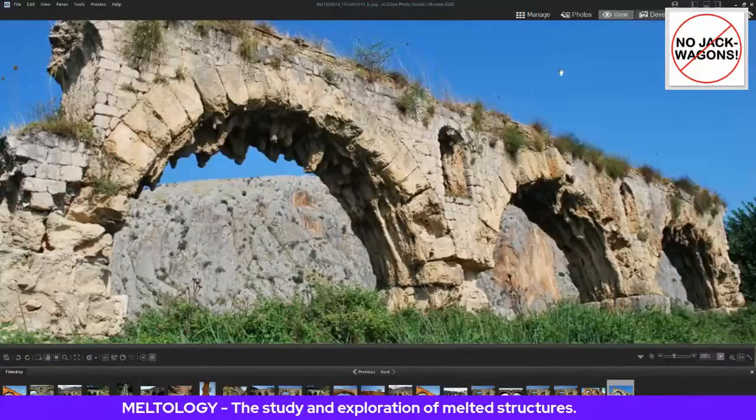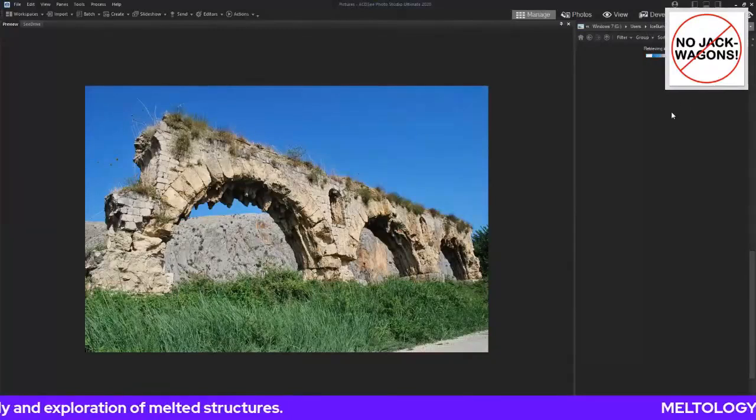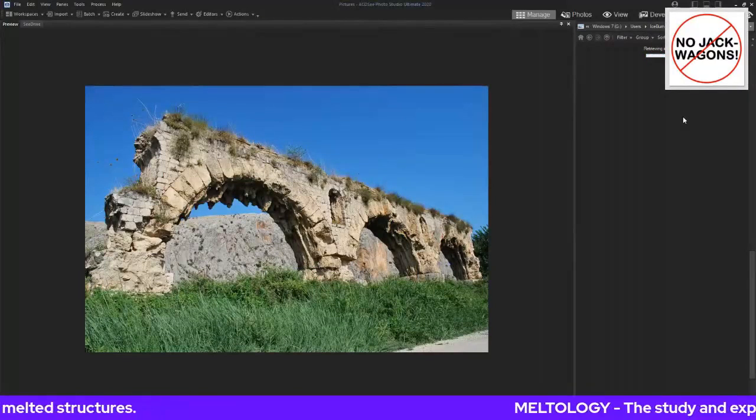So these are the pictures from the aqueduct, but I'll show you the region. A couple of pictures of the region that